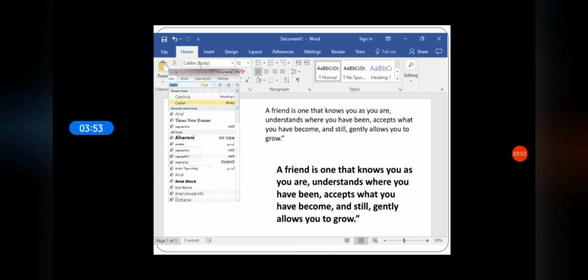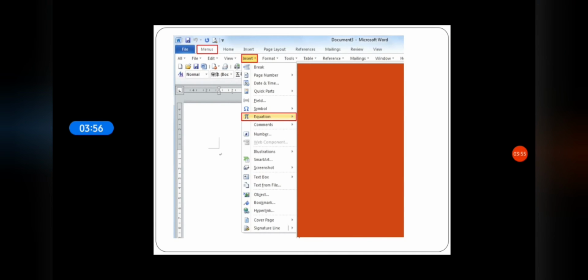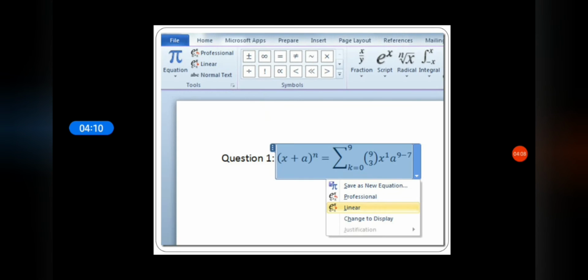Now let's learn how to write mathematical equations in a Word document. To type equations in the text, select the equation option in the Insert tab as shown on the screen. Then select the proper equation and type it using mathematical symbols from the Symbols tools and you can get the equations in the Word document. Like this, we can insert different mathematical equations in a Word document.